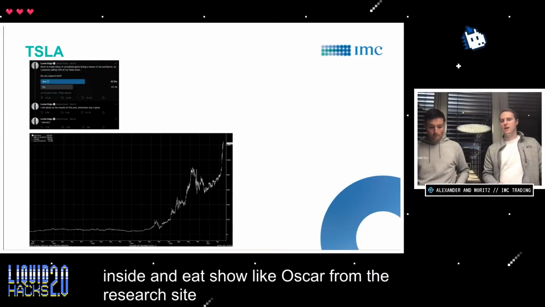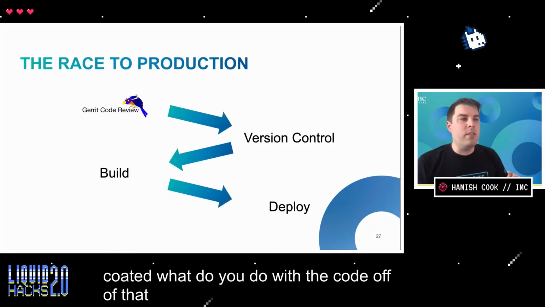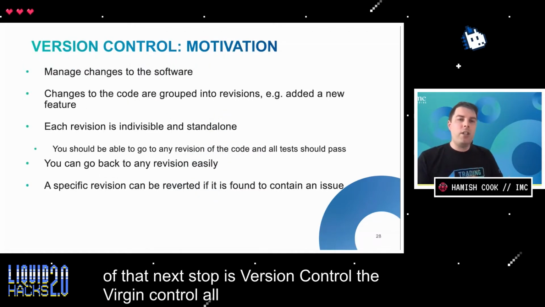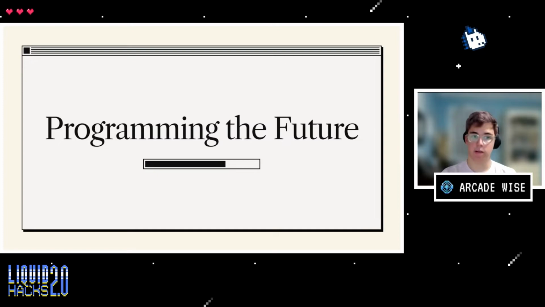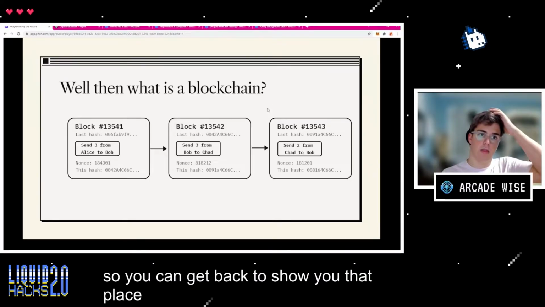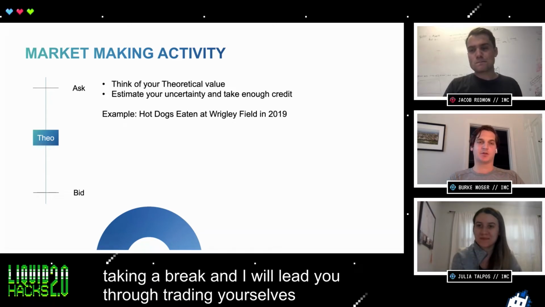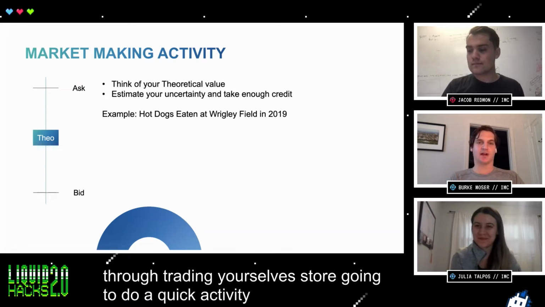The world is more connected, and especially markets, is version control. So version control is all about managing the changes to our software. Today I'm going to be talking about the future of finance as some see it, and the future of the internet at large. The language we're going to be using today is called Solidity. Yes, so we're going to do a quick activity called Trade or Titan.